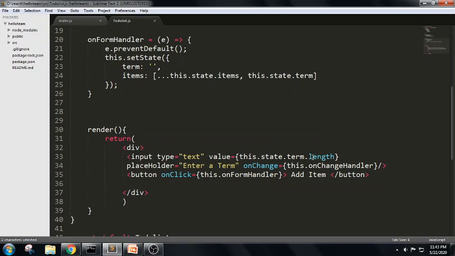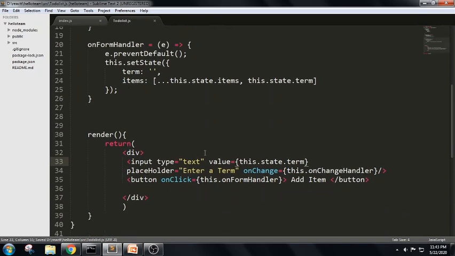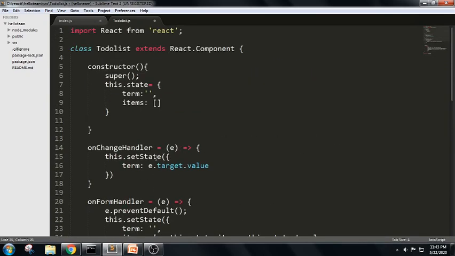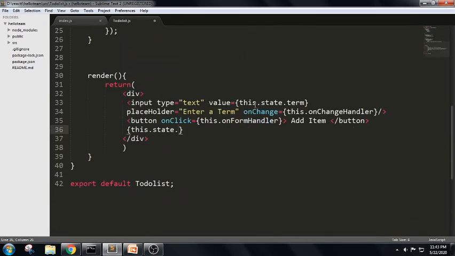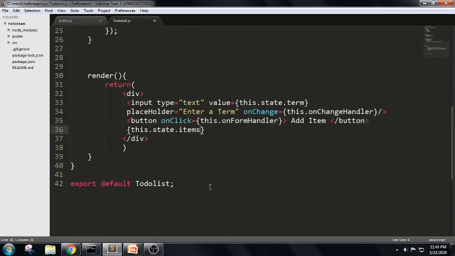Now, whenever you write some method, like in this lesson I have written like this, when the user clicks, it should be able to display the list of values. But we haven't written any snippet to show the list of values. So let me write this.state.items. If I write this.state.items.length, it shows 0. If I write this.state.items, what does it do? Let us see.